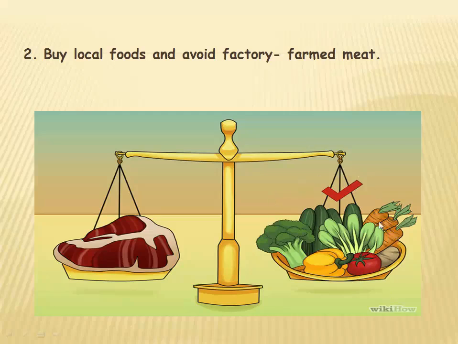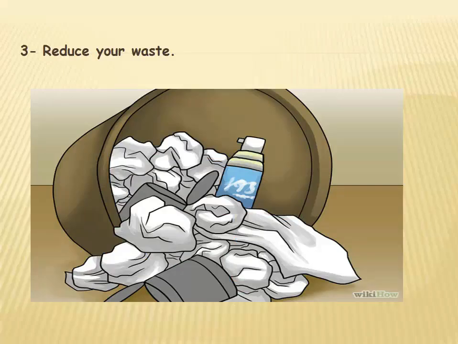See, these vegetables take less energy to grow than farm-made meat. To raise these meat animals, livestock, we have to invest a lot of money and nature and ecological resources rather than growing vegetables. Then reduce your waste. Try to avoid excessive waste. We should use paper very carefully and we should